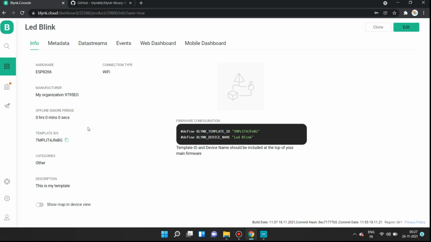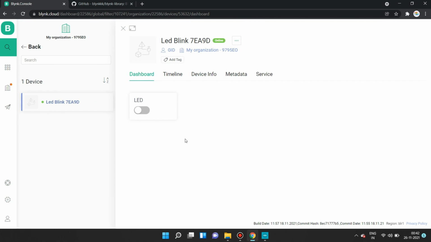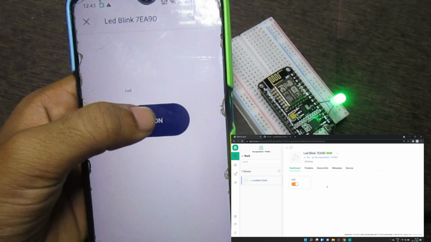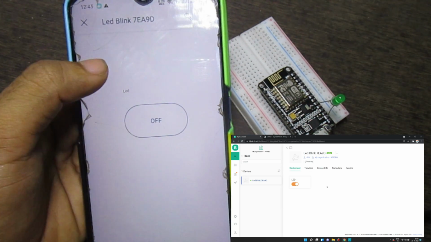Now go to your Blink web dashboard. Okay, and in search you can see that your device is showing online. Okay, it is also created, it is showing online. Just click. Okay, you can see that I can control the LED using